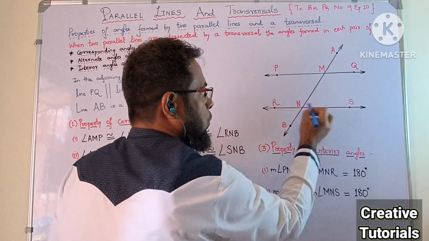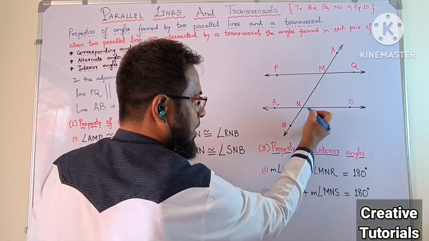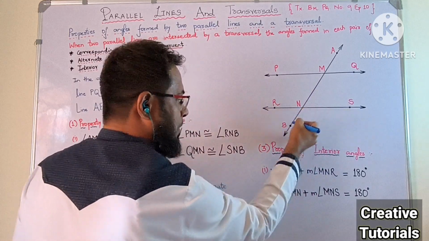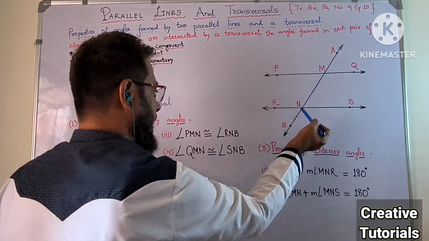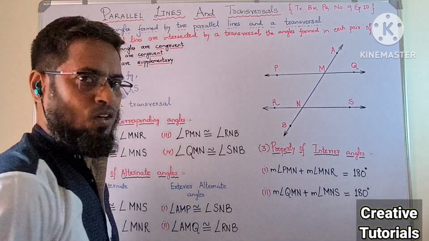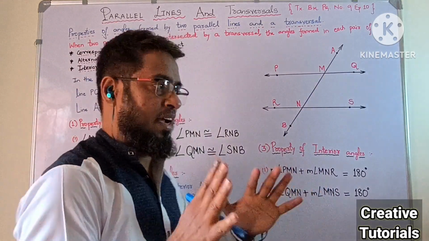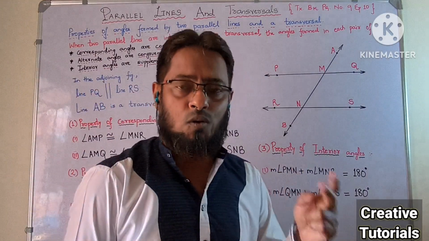So the other line given to us is this one and the transversal is this one. So the right hand side is this one. So this will be the angle, so S and B will be the angle. Therefore the fourth pair is angle QMN congruent to angle SNB. Alright, so see dear children, we had clearly seen there are four pairs of corresponding angles which are congruent, and